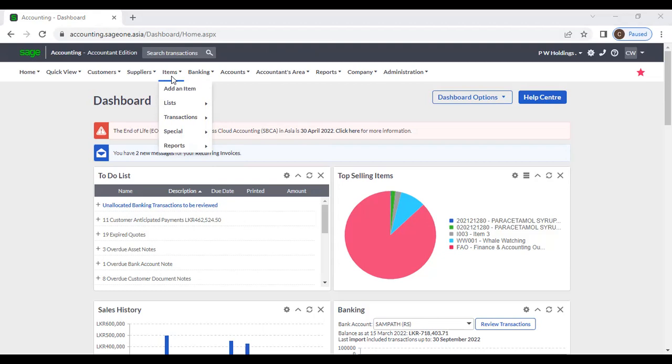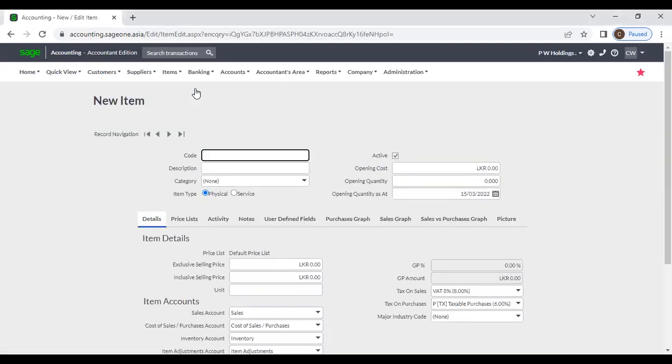First, we will create an item. You can create items by clicking this Item, then click Add an Item. The New Item screen will display. In this screen, you can enter the item code, item description,